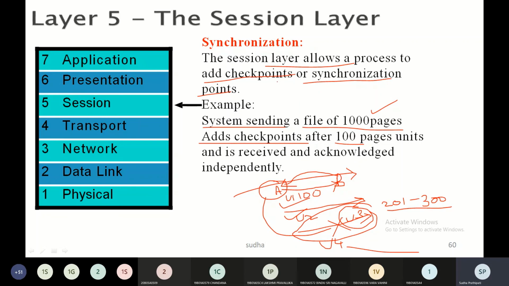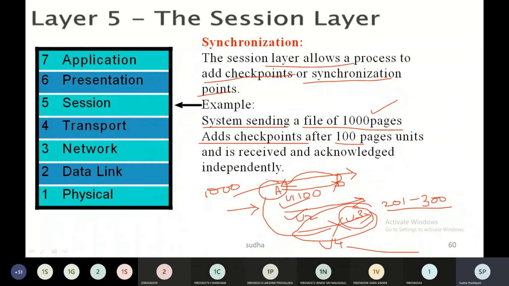If there were no checkpoints or synchronization points, A would not know which pages were sent and which were not. So A would send all 1000 pages again, which results in wastage of bandwidth, sending all the pages even though B had received certain pages.